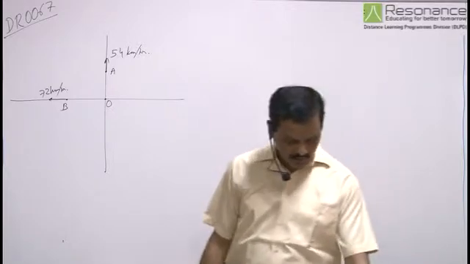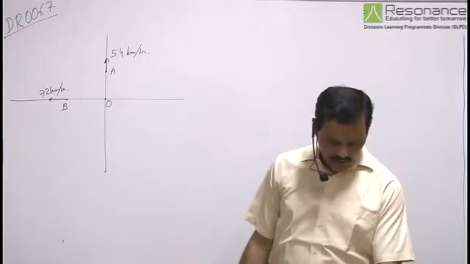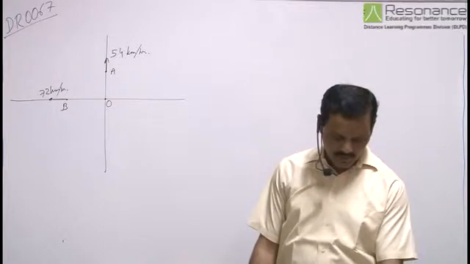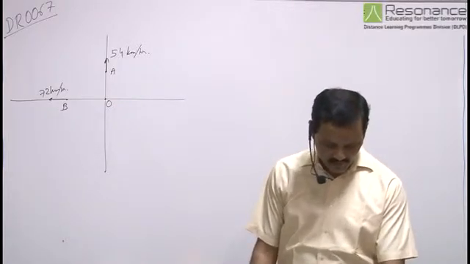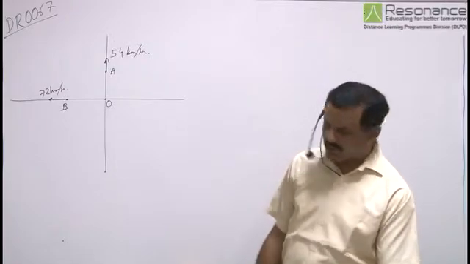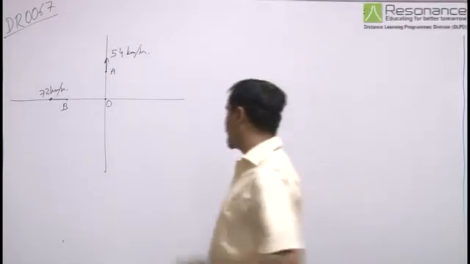Now the questions are: relative velocity of ground with respect to B, relative velocity of A with respect to B, and rate of separation of the two trains. Those things have to be found. Now